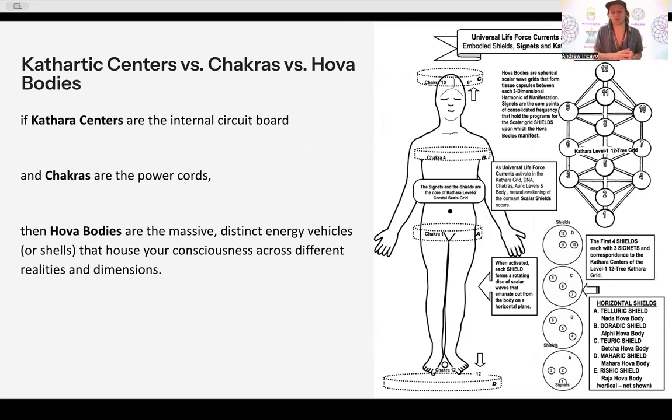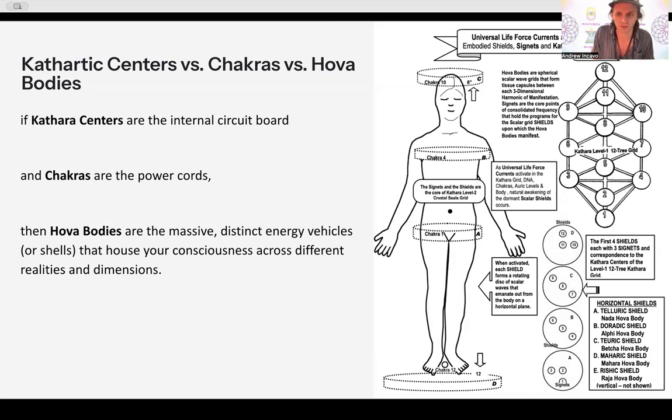Those partici grids come together to make keylons. Those keylons align to make keylon codes. Those keylon codes form your morphogenetic field. All right. The morphogenetic field feeds into your kathara centers, which is your internal circuit board, just like a computer. And then those kathara centers feed into your chakras, which are your power cords